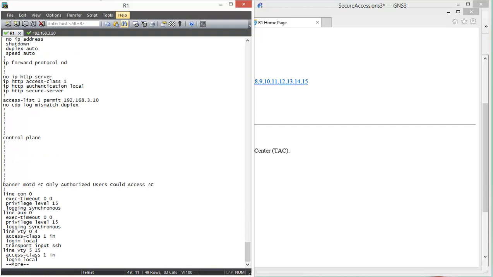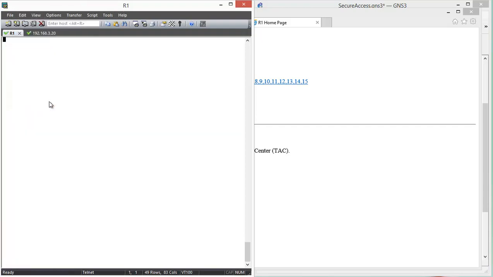And the last security practice is disabling CDP. CDP is a very good protocol. We talked about it in the first lectures. We could use it in many situations, and it could give us very, very useful information. But when your device is connected to an untrusted network, for example, assume that you have a router which is installed in an ISP and this is connected to hundreds of customers, and we do not want to let them do this. I think I showed you this command in the CDP lecture, but just to review this,